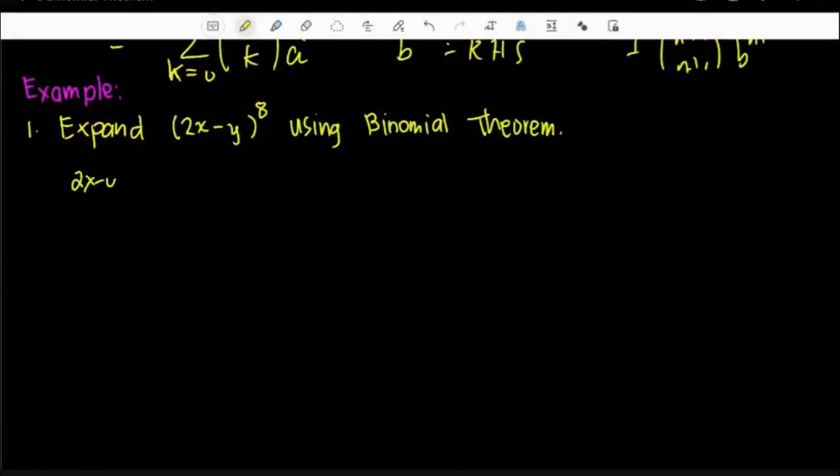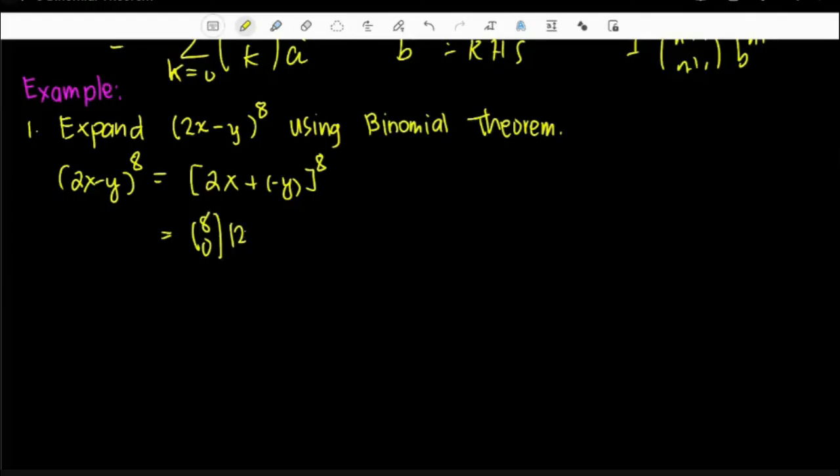(2x - y)^8 is equal to, so let us write the binomial in the sum form. Bakit? Kasi yung formula natin nakasum. Yan. Pero again, ang minus naman ay ano lang naman, di ba? Additive inverse. So, plus the negative lang naman ng second term. Okay. So, suppose wala tayo ng Pascal triangle. So, by formula, this is 8 taken 0, (2x)^8